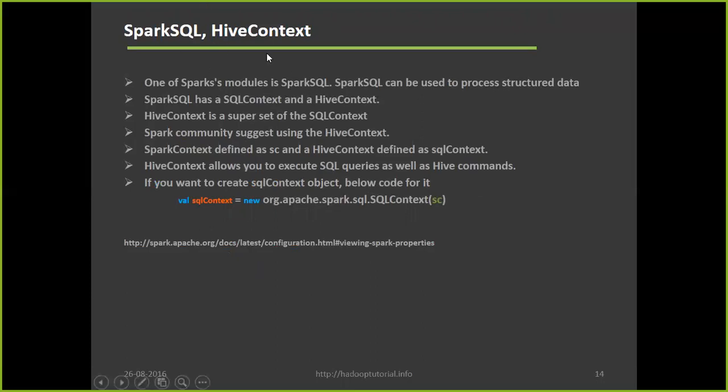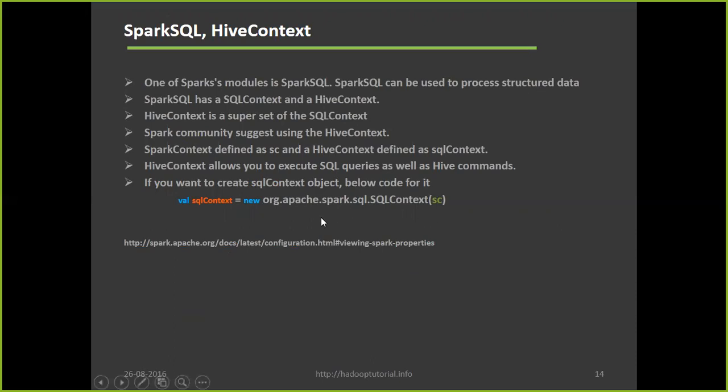I'm just preparing you that similar to Spark context, you will see SQL context, Hive context, and streaming context, Spark streaming context also. For each of these tools, you will have separate context objects. If you want to create a SQL context, we pass the Spark context object as the parameter.